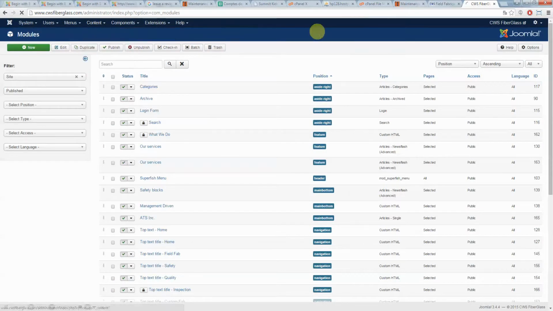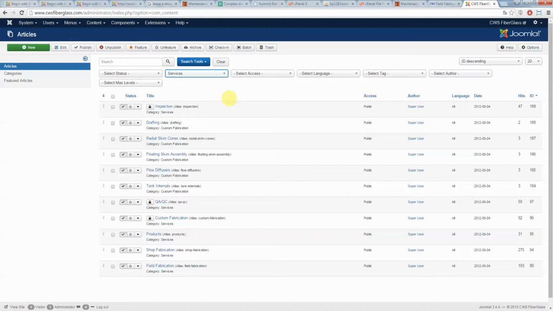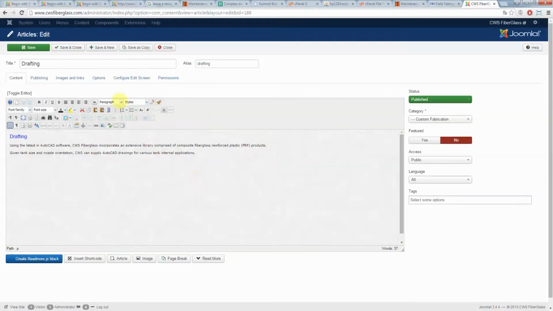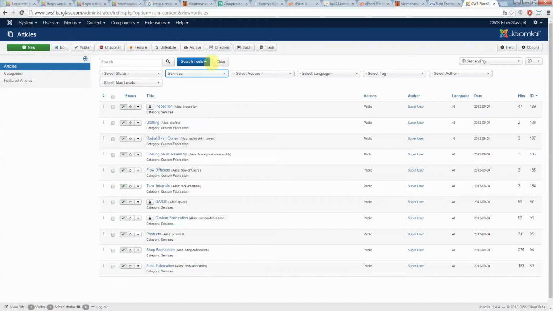Now let's go into articles here and show you something. If you want to duplicate a page, duplicating a page is pretty easy. You just open a page here, like drafting, and you just save as copy. You click on save as copy, it's gonna duplicate the page, right? And then I have to create a menu link to this new page. You go into the menu here, menu manager, go into main menu,